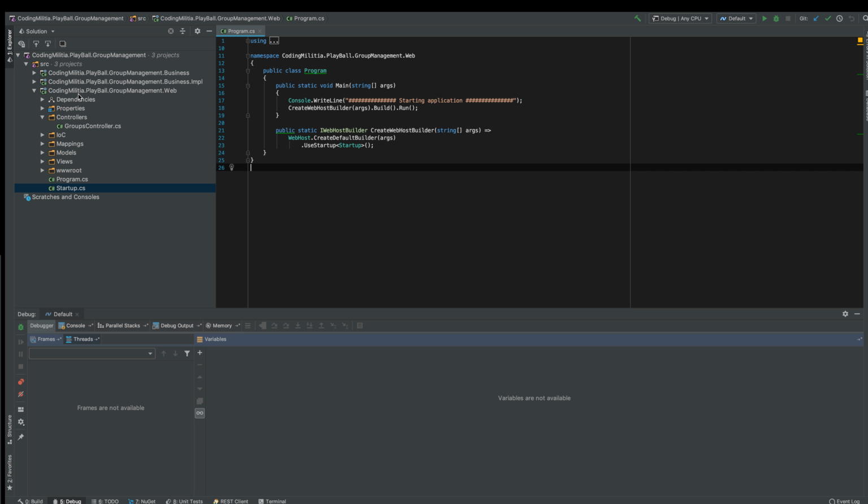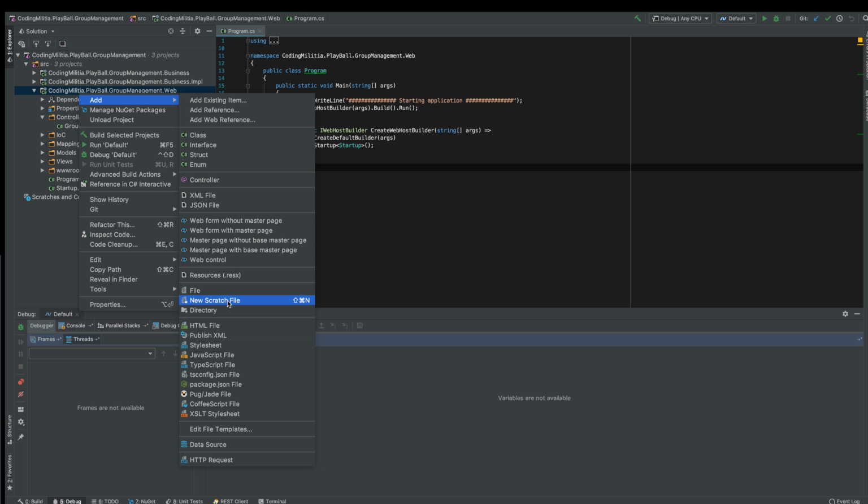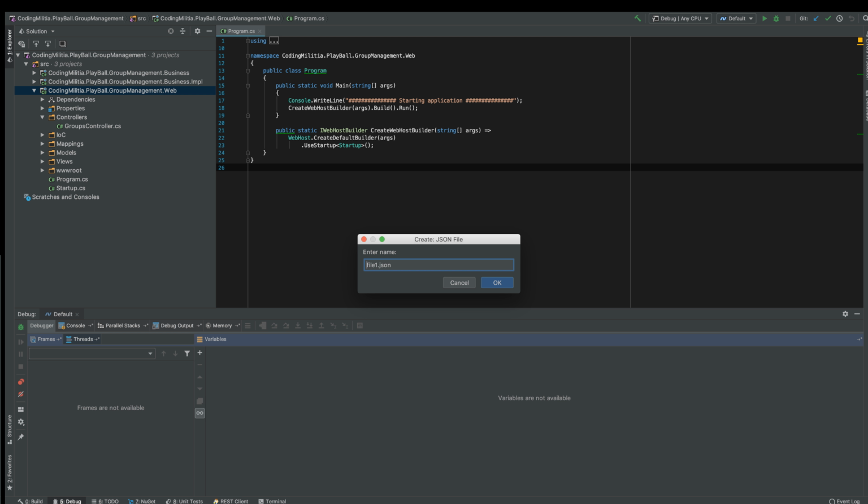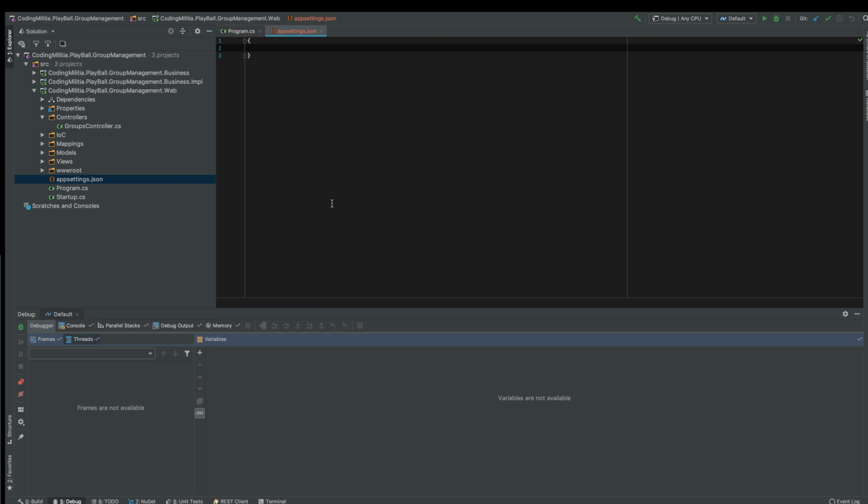Now let's start with adding some configurations. So I'll create a JSON file called appsettings.json. And now I'm going to put here something not too complicated, but enough so we can see some interesting things. And another key. Okay, this is done. Now in the program we have nothing else to do, but we go to the Startup,